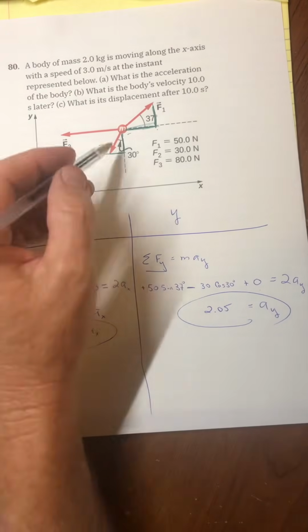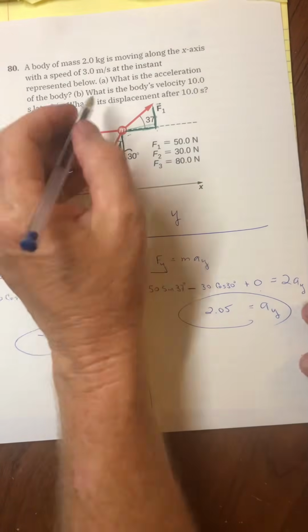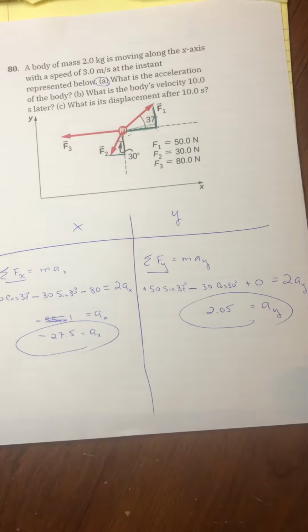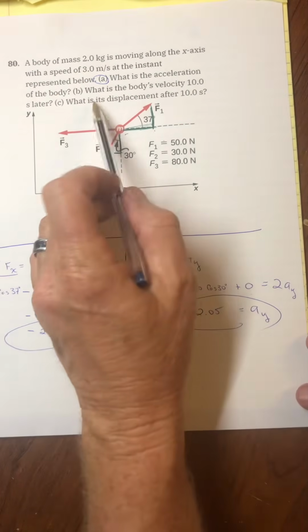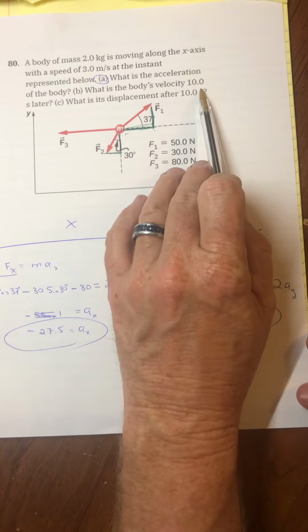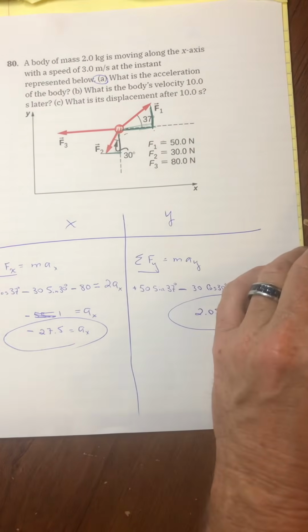And then it's positive, okay? So that's kind of the first answer to this. What is the acceleration of it? And I've left it in x and y purposely because look at the next part. B, what is the body's velocity 10 seconds later? So leaving the acceleration in the x direction and the y direction alone